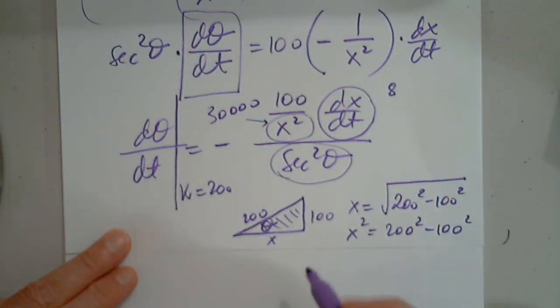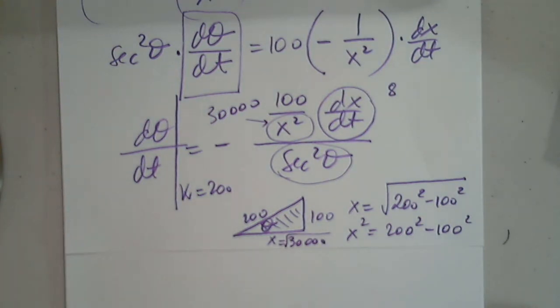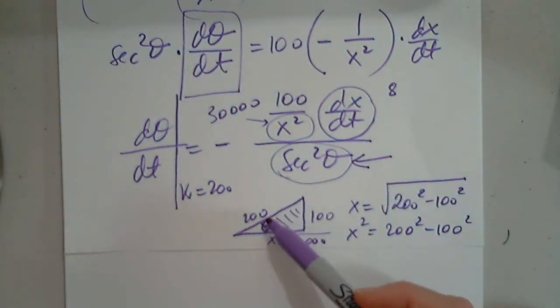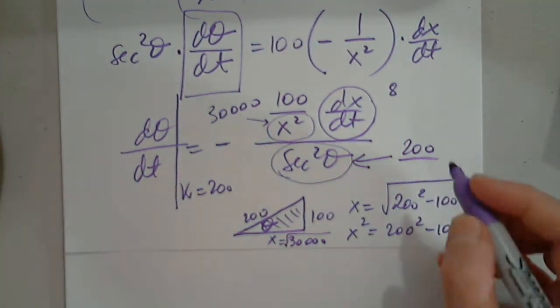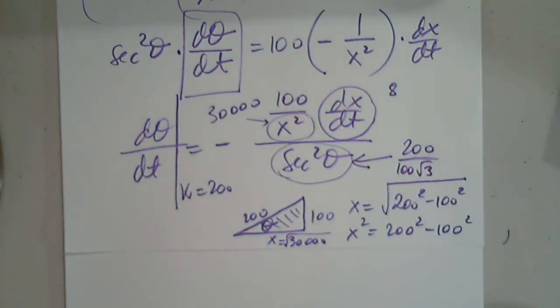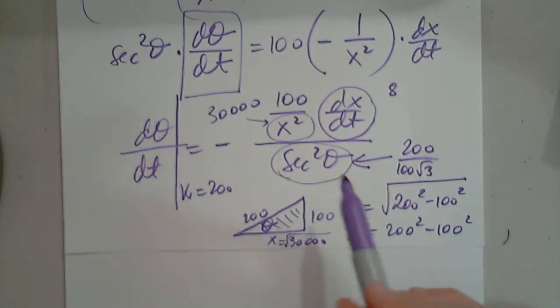And now the secant. If this is 30,000, this has to be the square root here because it's x. But x squared is correct. So x is 100 times the square root of 3. So now I can determine secant, which is the hypotenuse over the adjacent. So this piece will be 200 over 100 square root of 3. And let's see what we get. And also we have to talk about the measurement unit. So I'll simplify